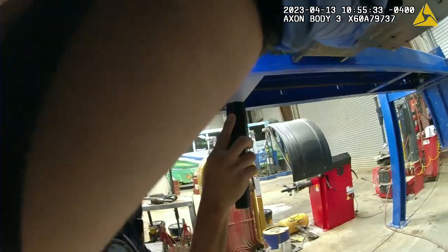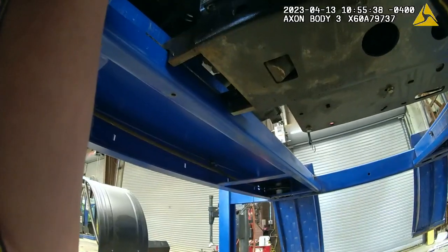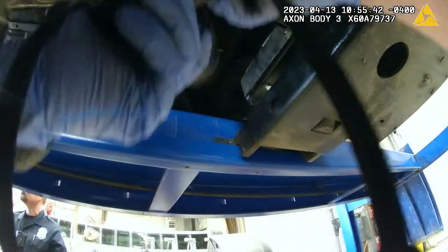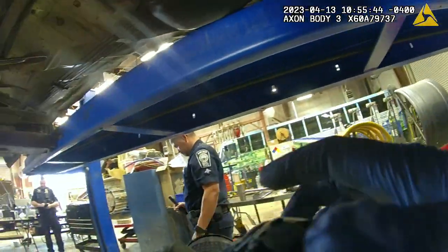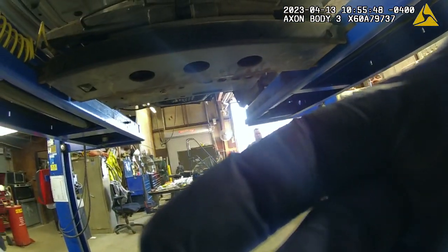All right, let me get the brakes on this side. See it right there? That brake line goes here, and then it comes out right here. All right, let me take a picture of these brake lines real fast. Anything else? Nope, I think it's good, man. All right, I'm turning it off. So all the newer repairs